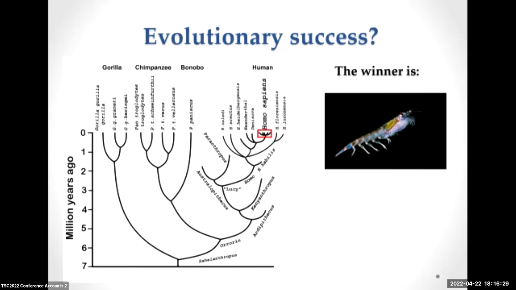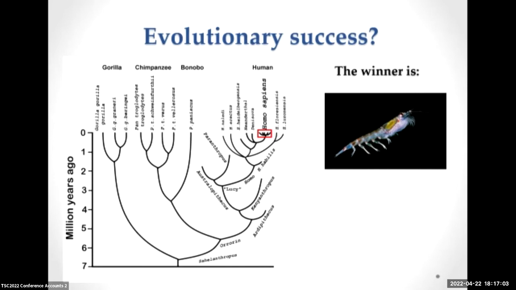For one, the most successful type of animals are the arthropods, such as this little shrimp and the ant, as measured in biomass or in variety of species. And actually, if you look at biological success, which is typically measured in biomass, we find that the most successful animal on Earth is this little shrimp here. The combined biomass of all these shrimps is about twice that of all humans.